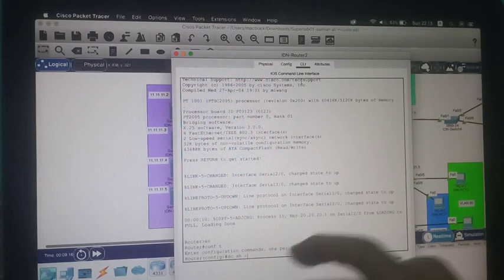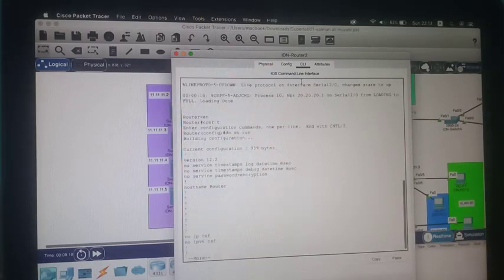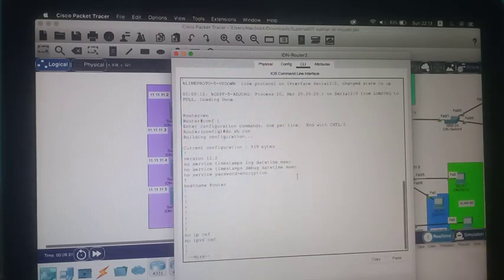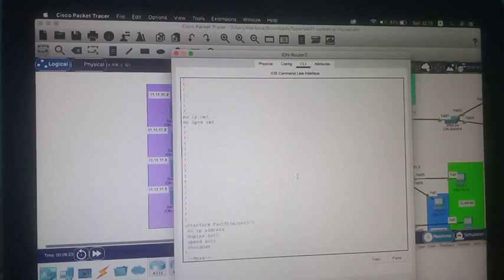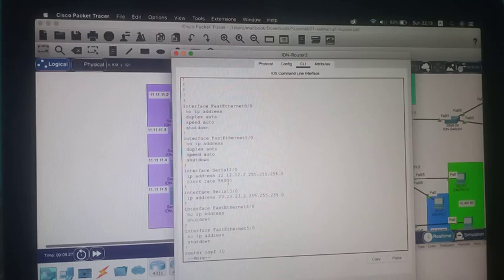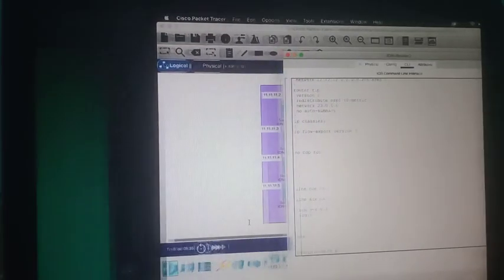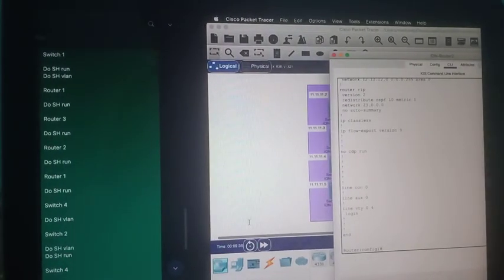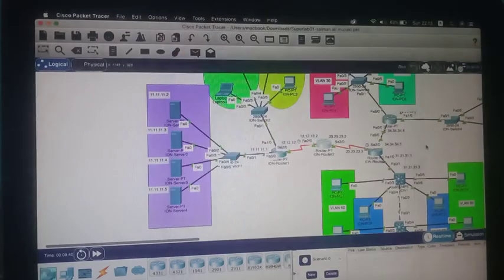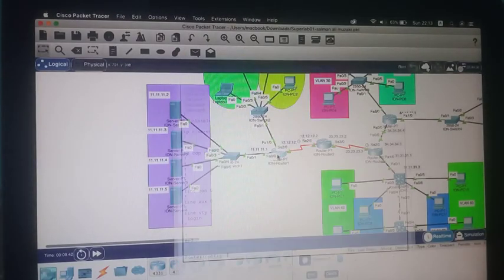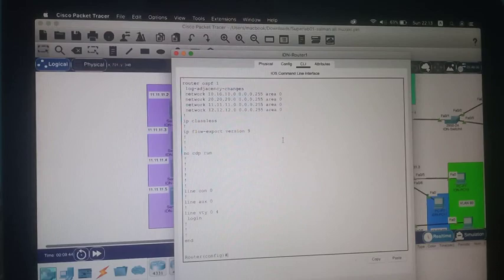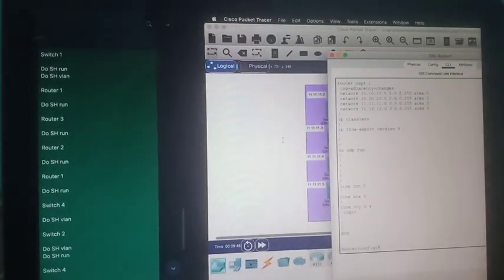We can see fast Ethernet 0/0, this interface serial and interface Ethernet 5/0 and more. Then we go next to router 1.